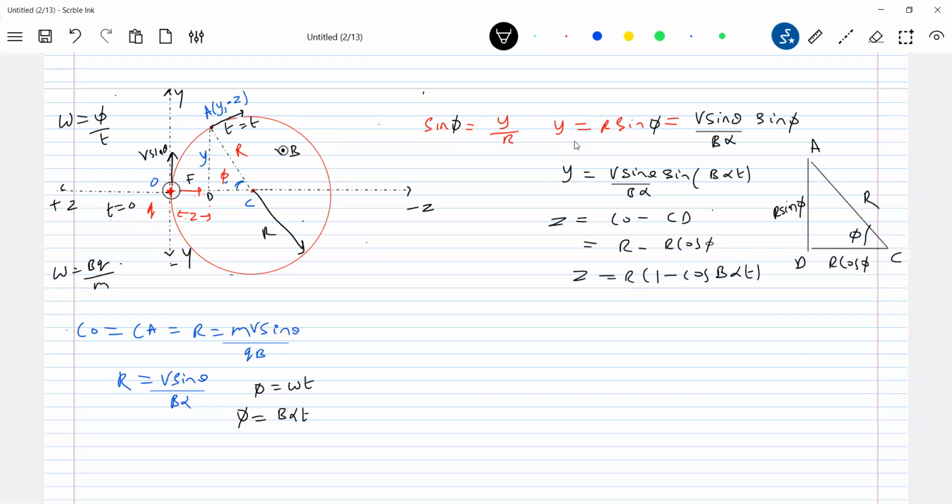Everywhere the same story. Like yesterday, what I did, the same thing I'm repeating here. The orientation of the diagram has changed a little bit. The B bar, all that one. So what about the X coordinate? How to bring the X coordinate?